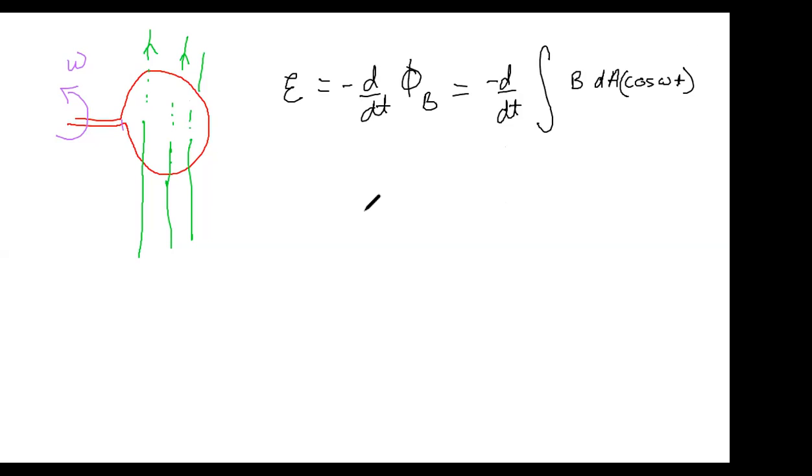Can you re-explain the integral? Well, flux is the integral of B dot dA, where this is vector dA and vector B. You can use the formula for dot products to write it in terms of the magnitude of B, the magnitude of dA, and the cosine of the angle between them. Okay, that makes sense. Thank you. But then because this is constant and this cosine